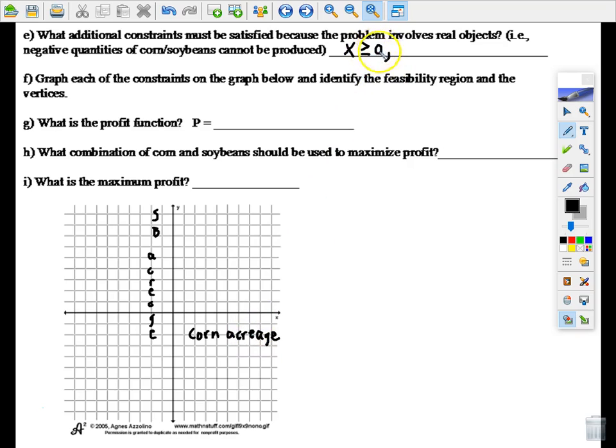It could be 0. We might decide not to plant any corn, but we're not going to plant negative acreage of corn. And that also applies to soybeans. So these are the final two inequalities in my system. So to put this into more familiar terms, on your last test, all of these were